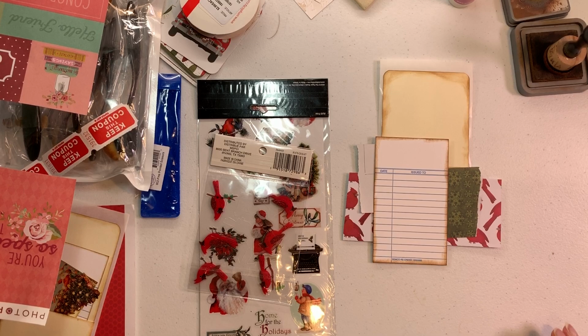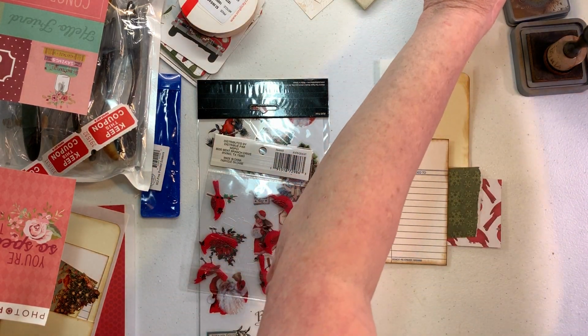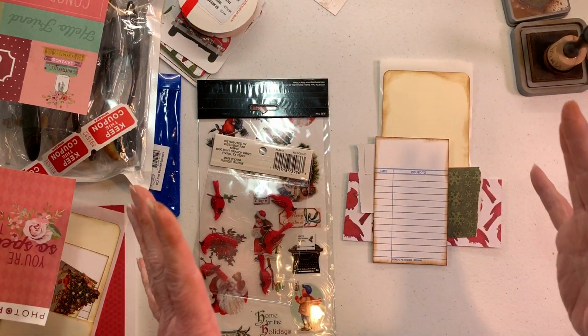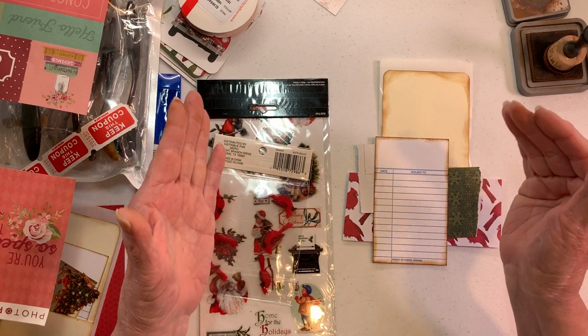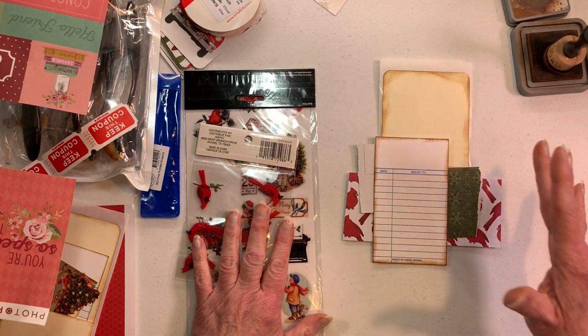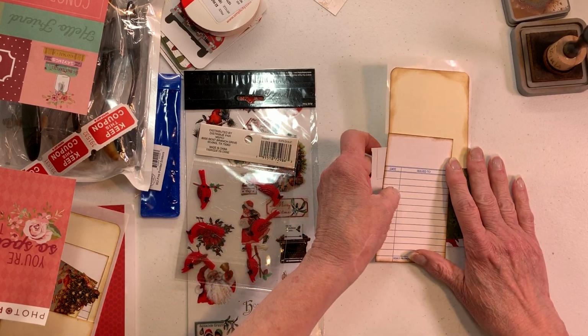Hello guys, it's Paula and I'm back for part 2 of the library pockets for Christmas in July. Now, I kind of prepped a few things so it wouldn't take us as long and maybe we could get a third one done this time. So let's start with